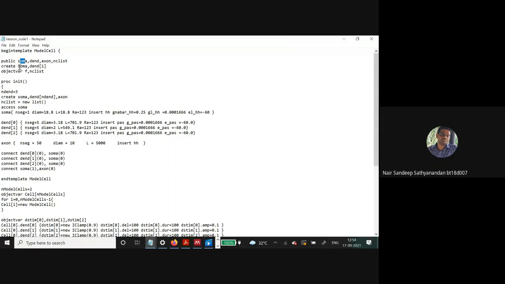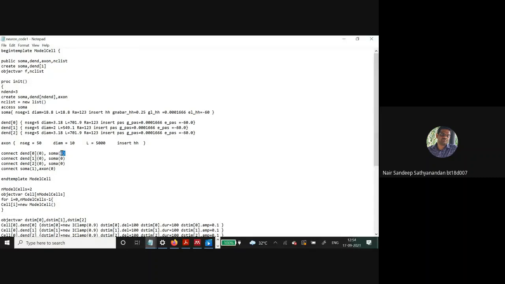Now in this particular template, we create all these things that we did so far. We configured dendrites, soma, connectivity between them, and then the axons, and then how to connect. You saw someone was asking me about port 0 and 1. Towards the soma, from the dendrite to soma, I'm using 0, and when I'm connecting to axon, I am connecting to the first port of the axon. So that is how I'm doing it.